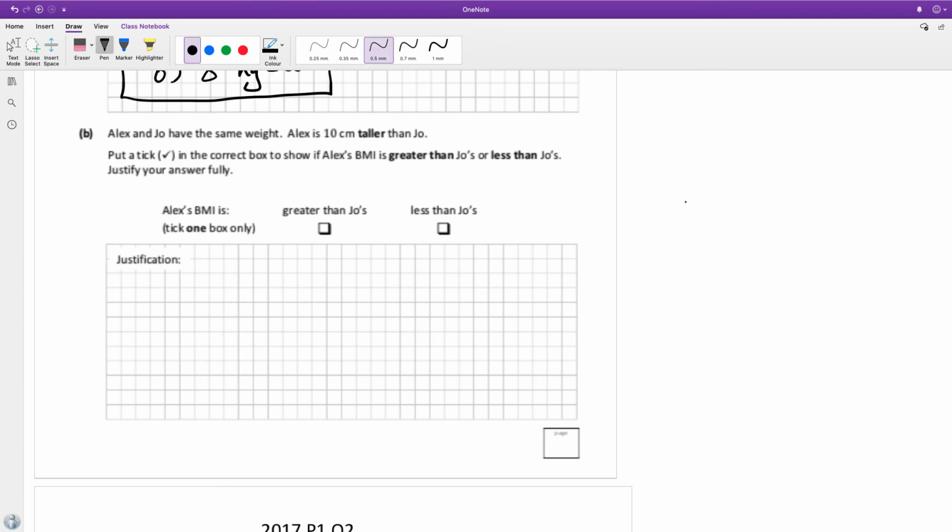Right. Alex, Joe. There's Alex. Alright, and Alex is 88 kg. Right, Joe is the same, but